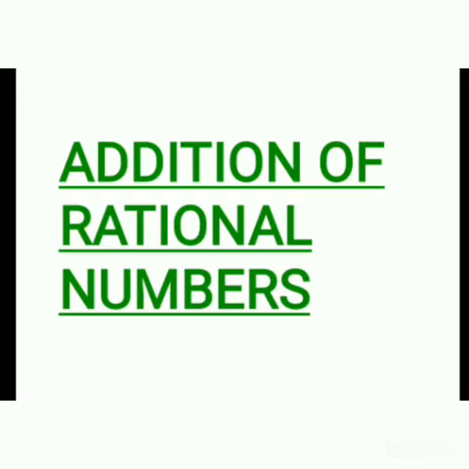The same concept we are using in rational numbers also. That is, if the given rational numbers have the same denominators, we can add the numerators directly. But if they have different denominators, the first step is we have to convert them into rational numbers with the same denominators by finding the LCM. The same concept of fractions we are using there.